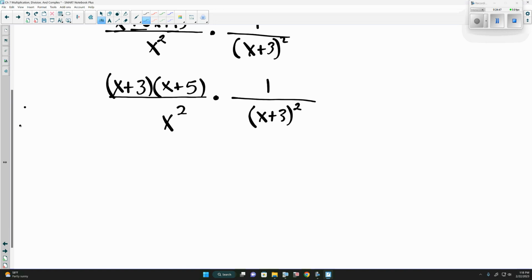Questions on this here? Now we do see that we have an x plus 3 in top and bottom, yes? It is very tempting to go here and here, but this is not true because the denominator has how many x plus 3s? 2 of them, yes? How many do we have on top? So what I do, if I don't write it out as x plus 3 times x plus 3, I just rewrite over the exponent. So here I write it as a 1, or I scribble it out and write it as a 1,